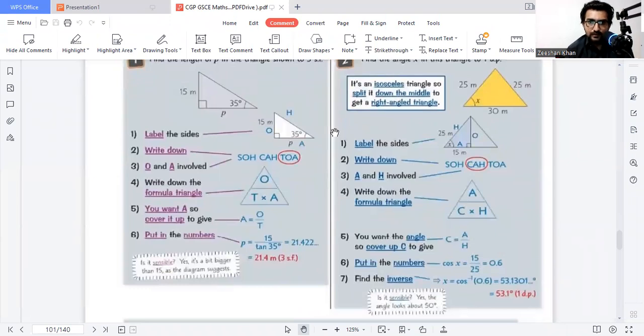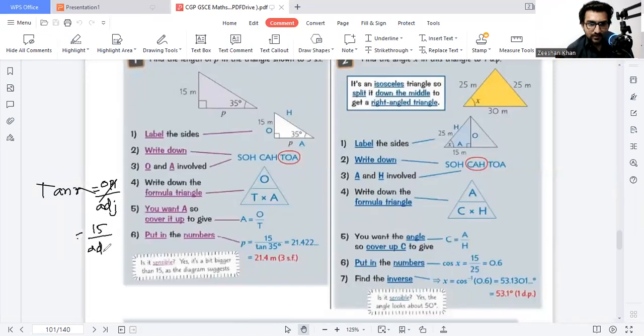Okay, you can see tangent X is equal to opposite by adjacent. Now opposite is this one, right? Opposite is 15. So 15